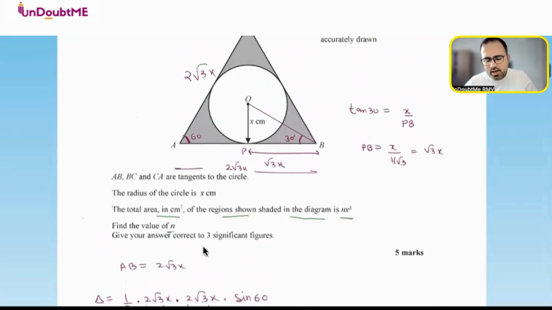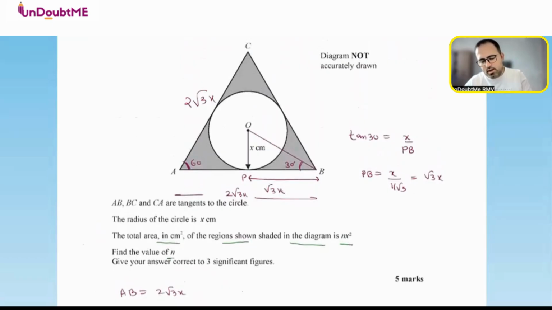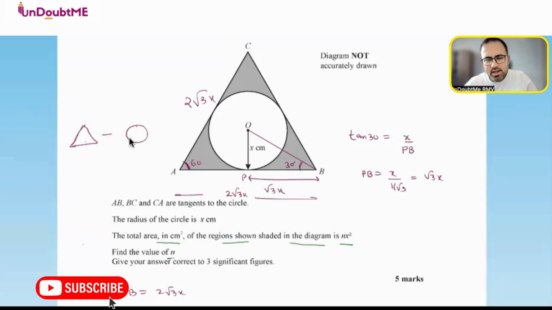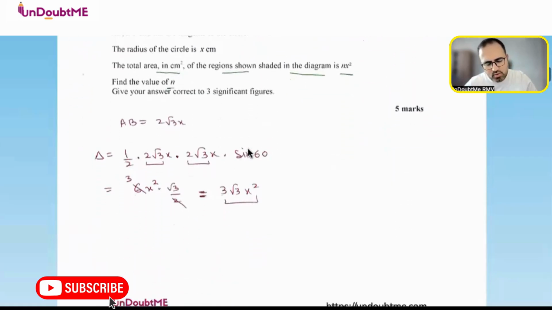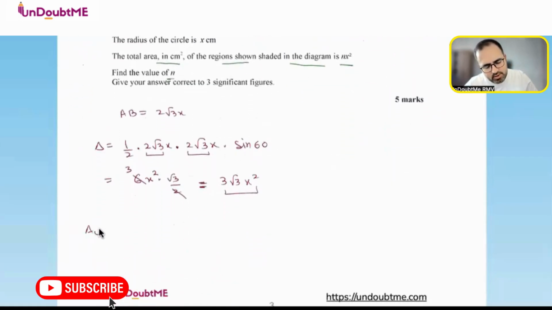Now why have we found the area of the triangle? Because in order to get the shaded region, we must have the triangle, and from the triangle I will remove the circle. This is the best way to understand such questions where we have shaded regions. So triangle minus circle. Now the area of a circle is pi r squared. The r value is x in this case. So the area of the circle is simply